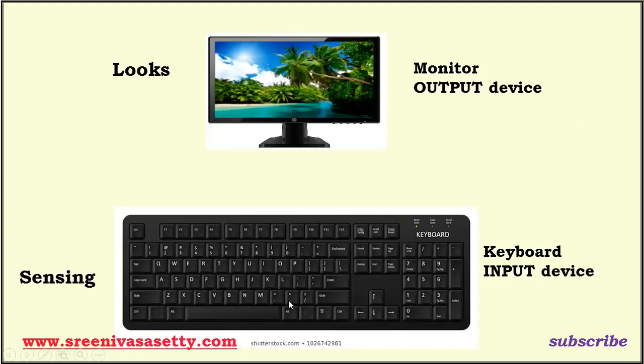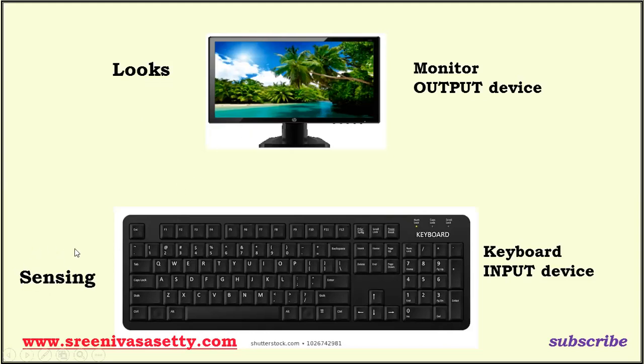Therefore, we can read any digit from 0 to 9, or a character, a string, any data from the keyboard. Then we can perform manipulation. Then after manipulation, we can display it on the monitor, which is the output device. So in Scratch, we have two important menus. One is called sensing, and the other is called looks. With the help of the looks menu, we can get the appropriate blocks and display it on the monitor output device.